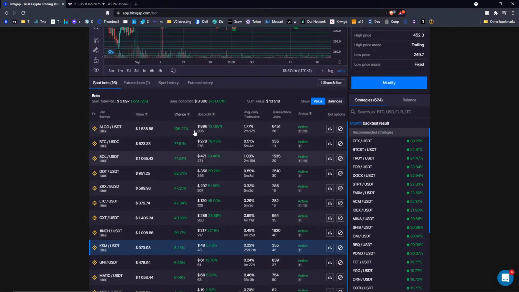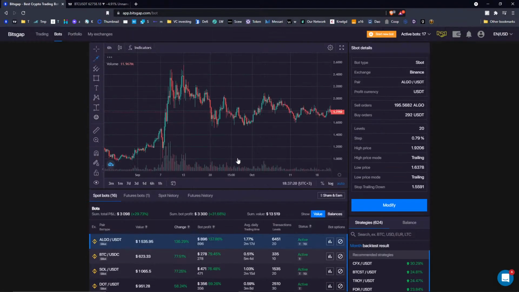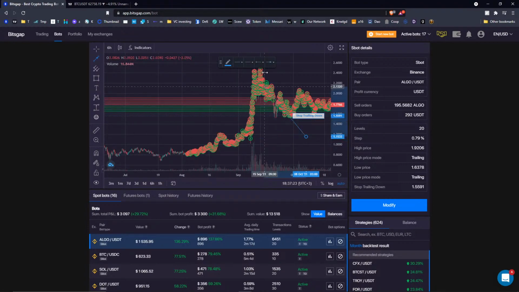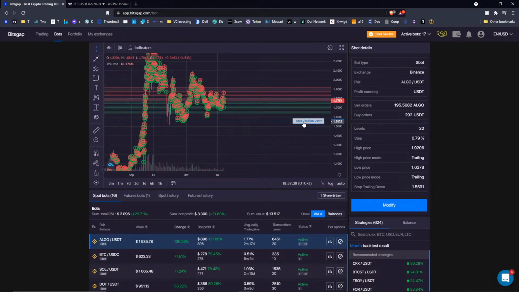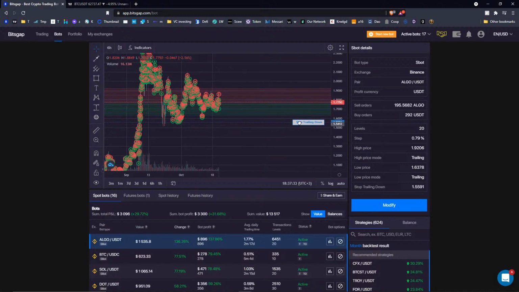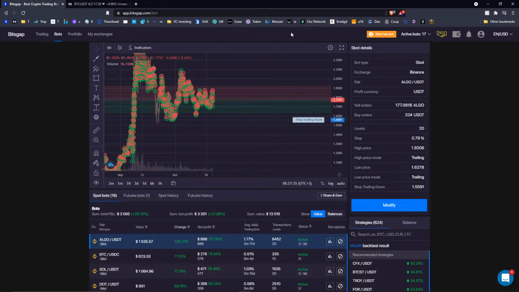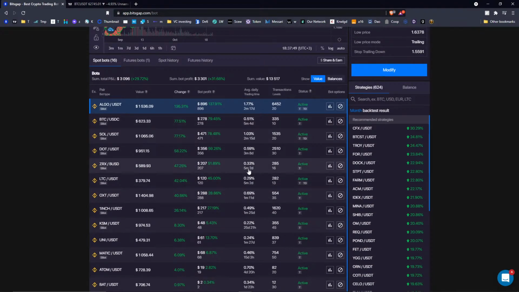The reason why I don't have stop losses as of now is just because I like to have this full control. I like to use stop trailing down to accumulate more coins if I'm out of the trading range, and that way using stop trailing down I can extend my trading range lower to capture this momentum over here, for example, because fundamentally I'm still bullish in general, and I've been right for the last 5 months.